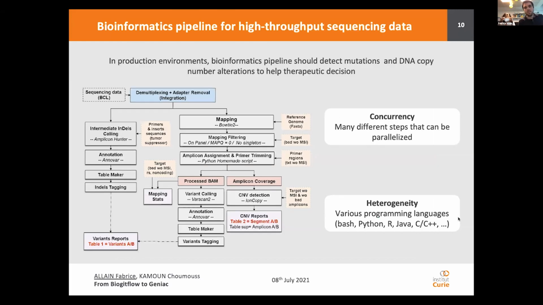Okay, so with BioGit Flow, we define the overall development workflow, but other issues need to be solved during the development of bioinformatic pipelines when we look at a lower level. In the case of pipelines for high-throughput sequencing data to support precision medicine and routine diagnostic, they often share a common characteristic, which is complexity, as illustrated here. We have many different steps, which can most of the time be parallelized, and generally they're not written in the same coding language, which can be a bottleneck during the deployment of the pipeline.